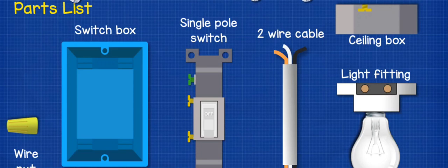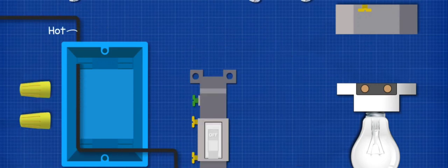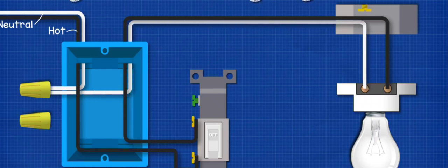So, with the power turned off, we run the black hot wire to the bottom terminal of the switch. Then we run another hot wire over to the sealing box and into the light fitting. Next we bring our white neutral wire in and connect this into our wire nut within the switch box. We then run another white neutral wire from the wire nut into the sealing box and then into the light